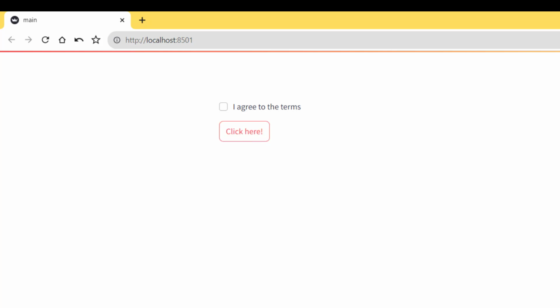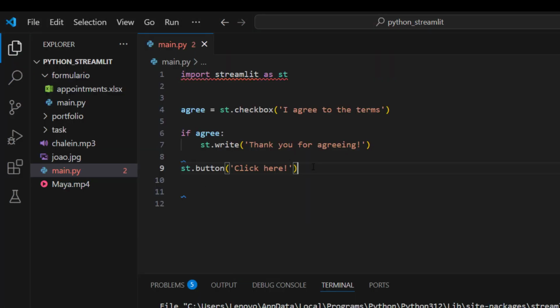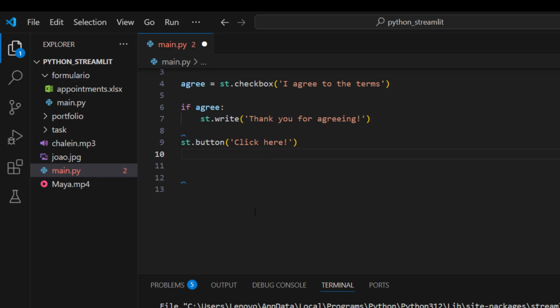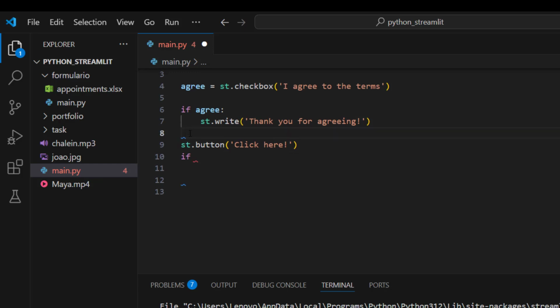In order to get the actions of this button, we need to do something like this. It's almost like the checkbox. You need to use an if. Let me put this button inside a variable so that I can manipulate that variable. Let me call it b.